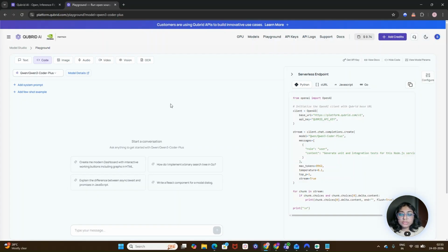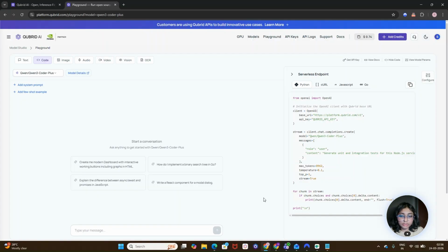This model is designed for balanced performance, which combines good speed and very high accuracy, as well as better reasoning compared to the earlier model, that is the flash model. It is ideal for production ready code, structured backend logic and moderately complex tasks. So we'll try to give some prompts over here in the playground.